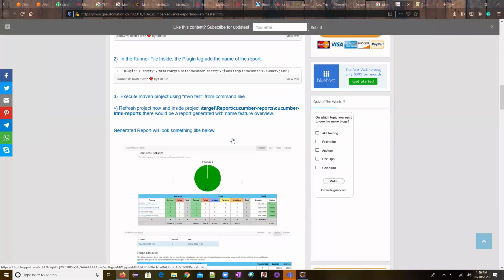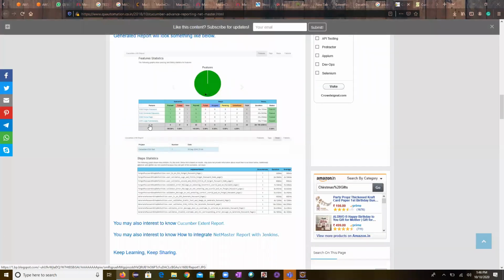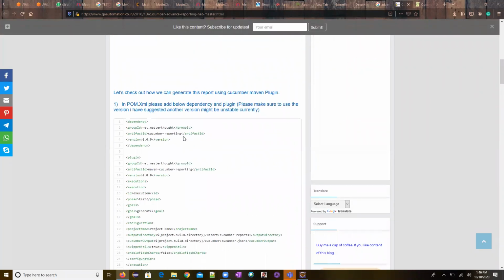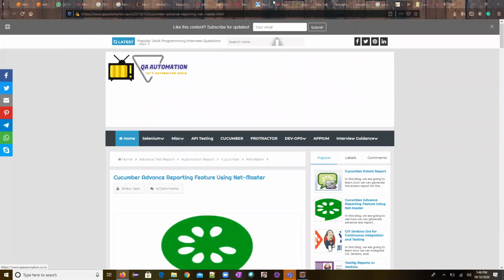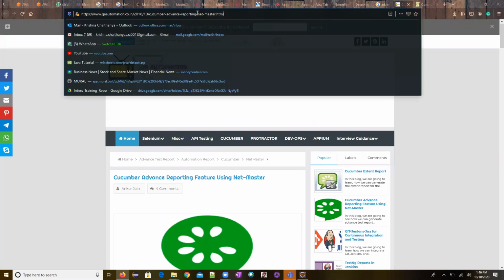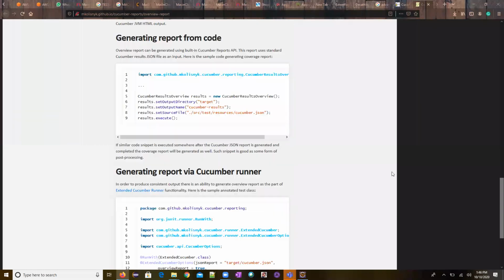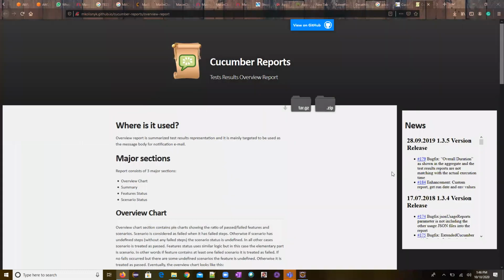Similar to this, it gives me the donut chart, and then it will give the scenario names. As soon as I click on a particular scenario name, it will give me the step-level information. So that is also one of the popular things which we can see. So like this, we do have many reports available in the market. That particular report we can see over here, but however, you can refer to it. That's not a big deal. So this is how the report structures will look like in Cucumber.